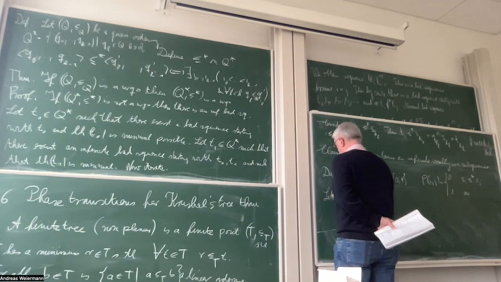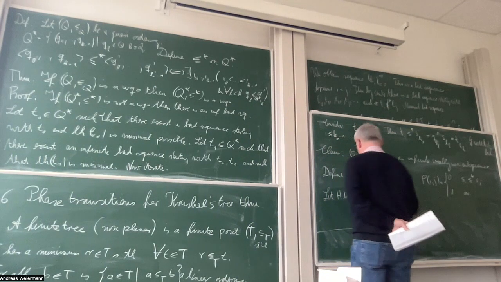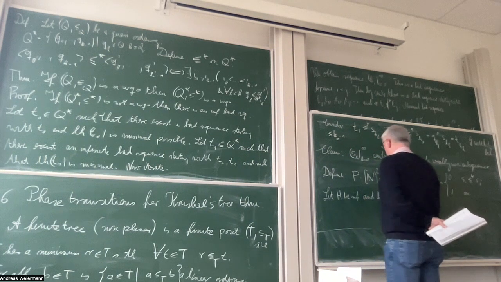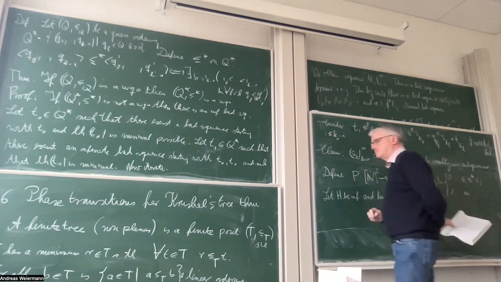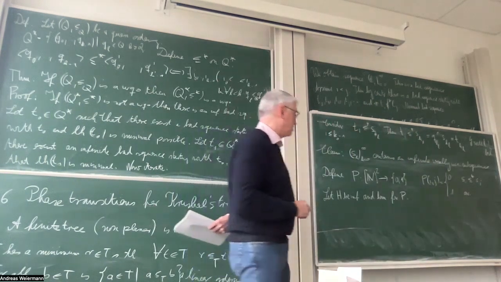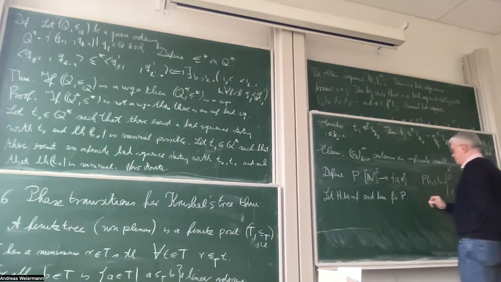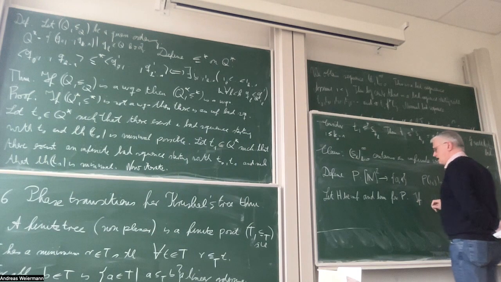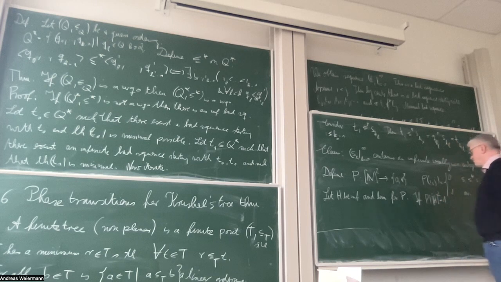Let H be infinite and homogeneous for P. Now the question is, what is the color? Just assume that P with respect to H is color 1,